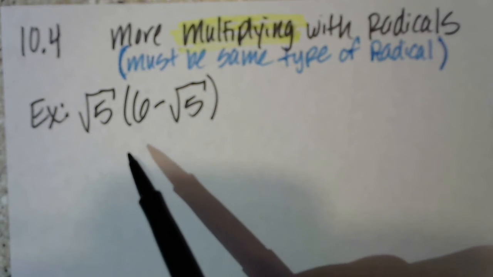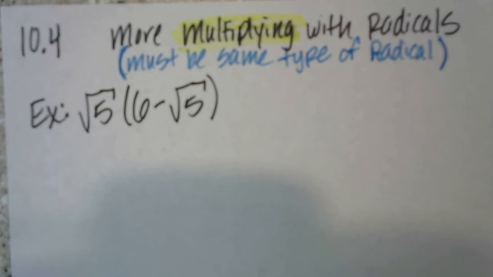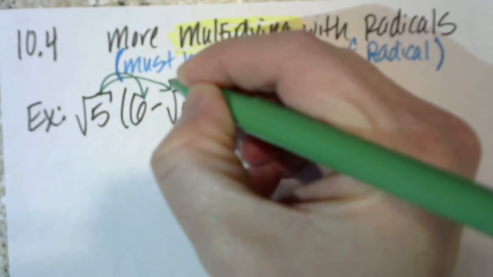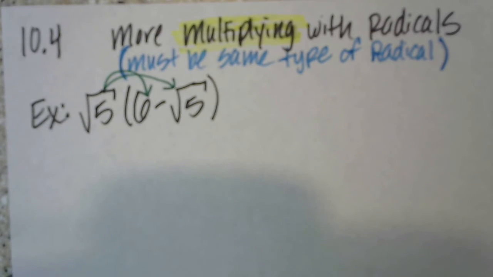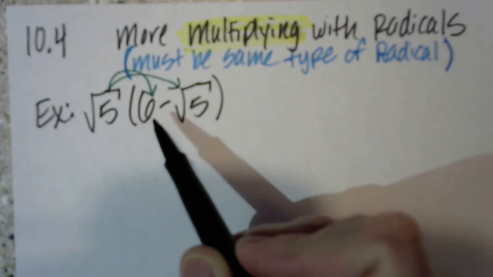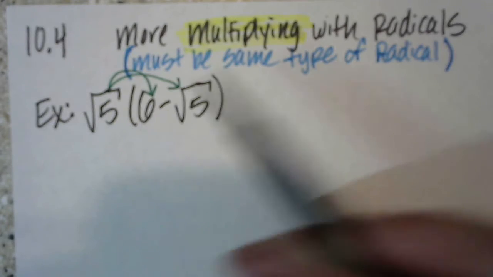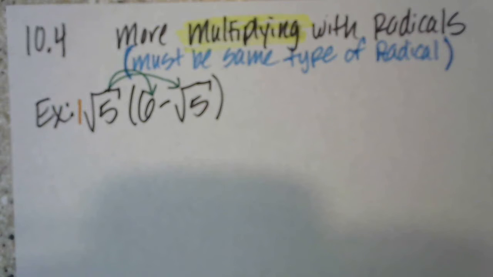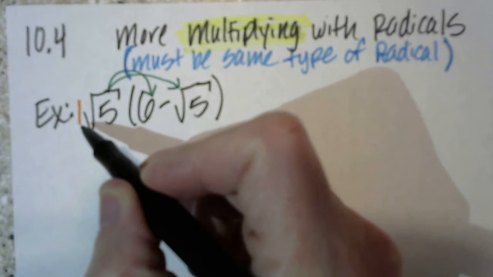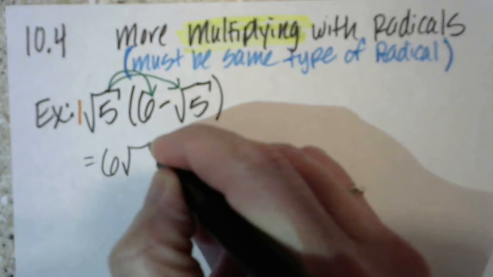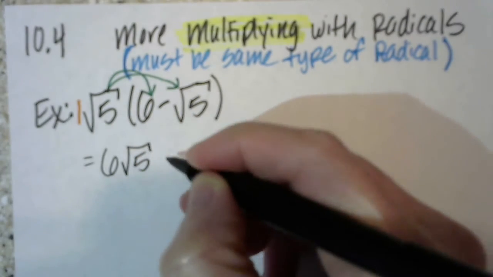So here's my first example. Hopefully you can see that we're going to use the distributive property. And I'm going to distribute the square root of 5 into those parentheses. Well, this is a 5 underneath a radical, and this is a whole number 6. So remember that there is an imaginary 1 in front of any radical. So this is going to be 6 times 1 because they're both whole numbers. So this is going to give me 6 radical 5 minus